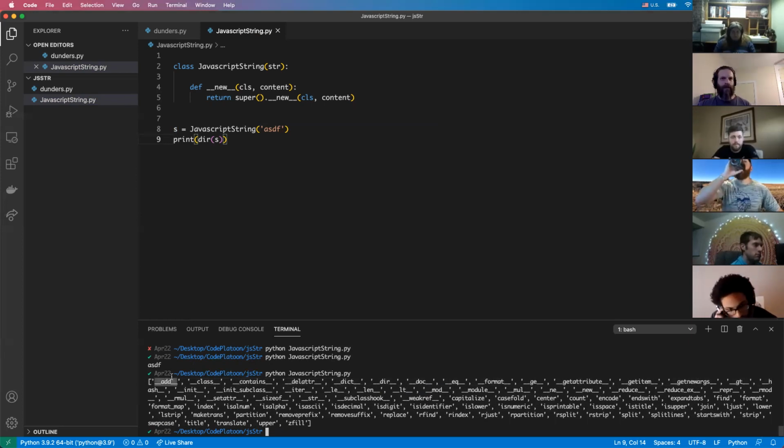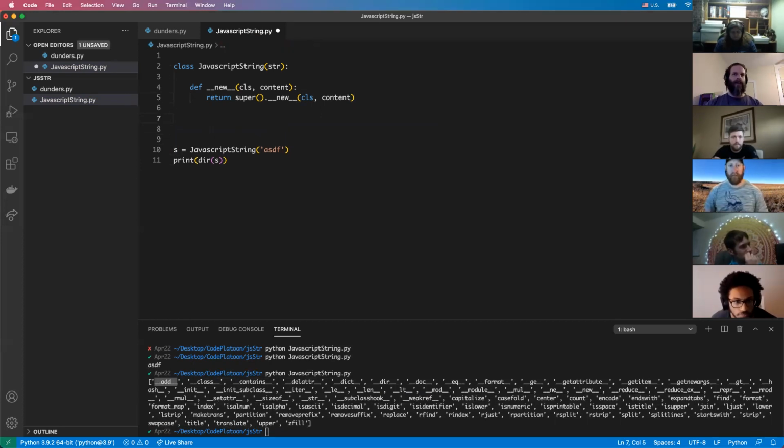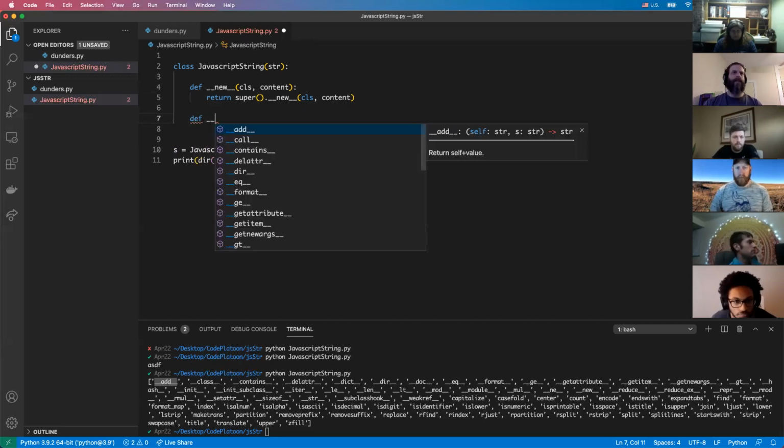So we're going to want to customize this. We're going to want to customize the add. So let's go ahead and override. We don't want to use this built-in strings add because that's not going to give us what we want. We're going to have to do our own thing. So def